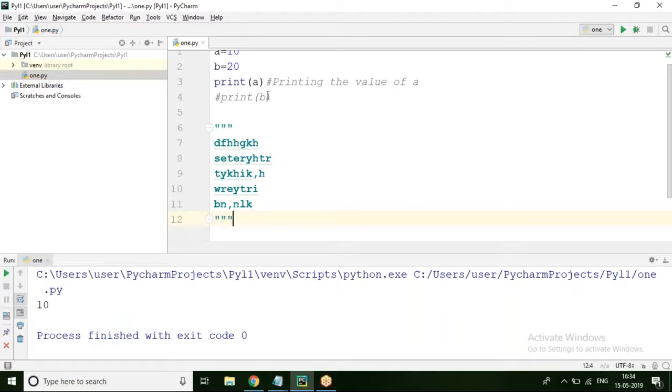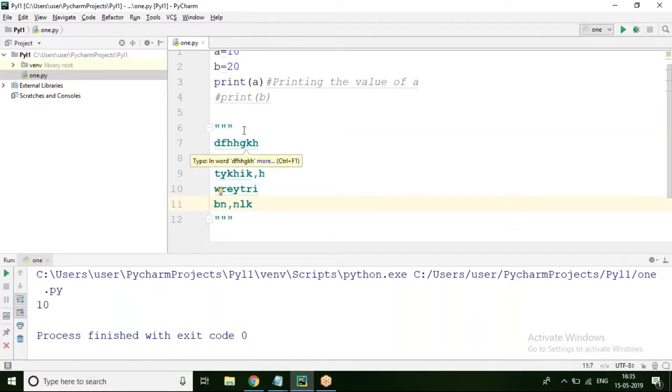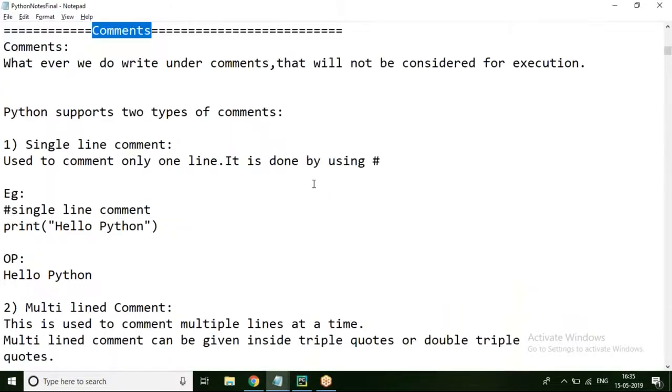This is also okay. So for creating multi-line comments, there are two ways in Python. First is by using triple quotes, and even by using double triple quotes you can create multi-line comments.